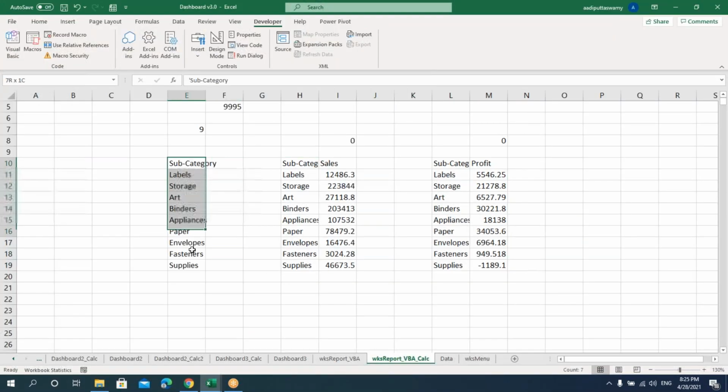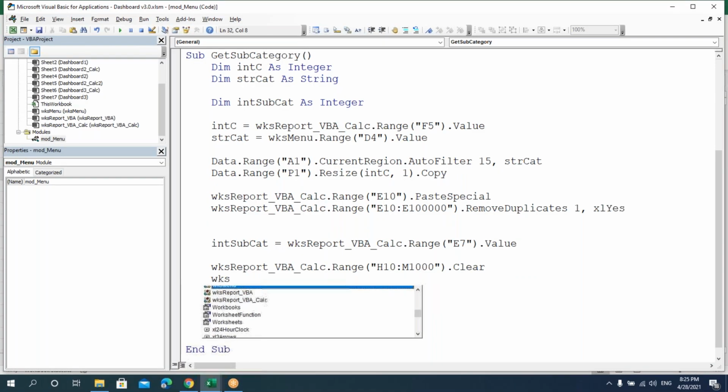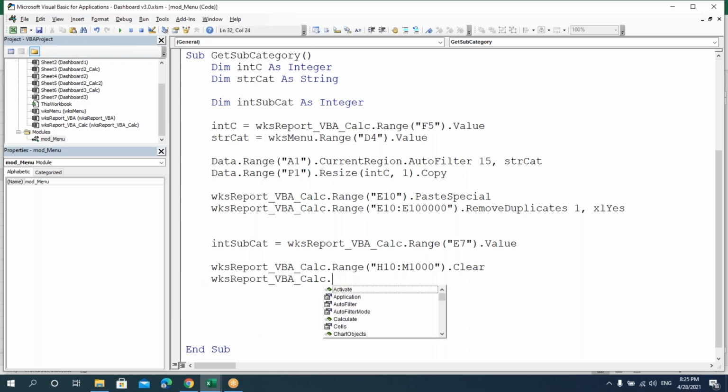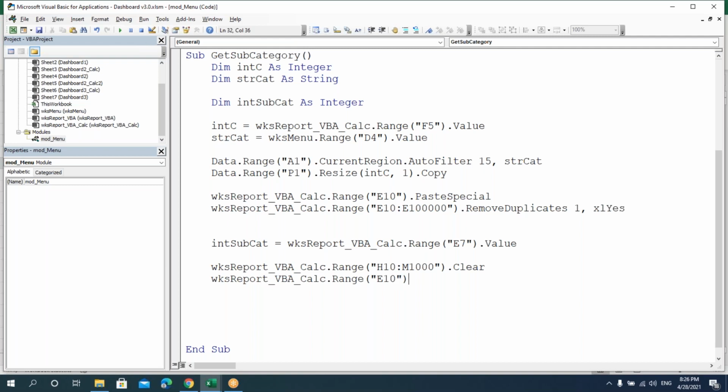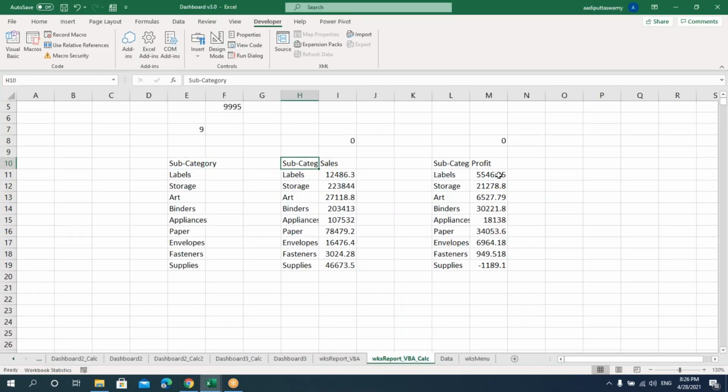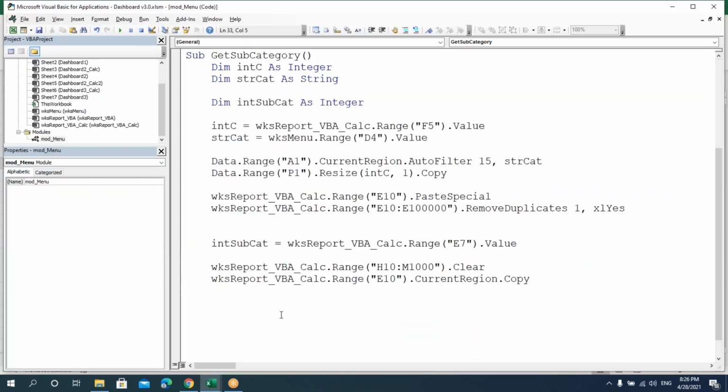Now we'll try to paste this again. Anyways we'll be pasting the data here. So we'll go here, we'll say WKS report calc dot Range of, we'll copy this from E10, dot CurrentRegion dot Copy. Now we'll paste it here, that is in H10 and in L10.